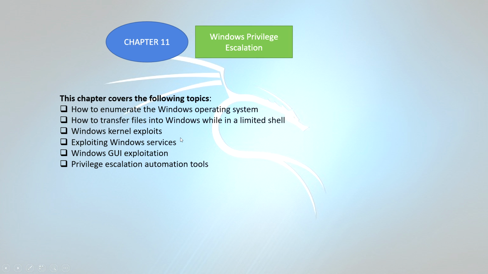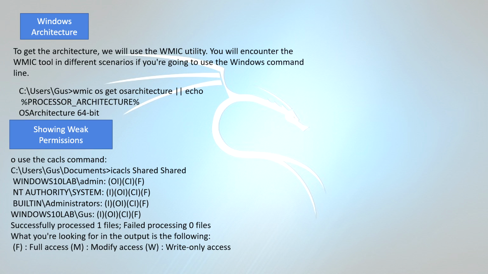Next, chapter 11, Windows privilege escalation. This chapter covers the following topics: how to enumerate the Windows operating system, how to transfer files into Windows, the terminal shell into the exploitation, Windows privilege escalation, and privilege escalation automatic tools. First, the Windows